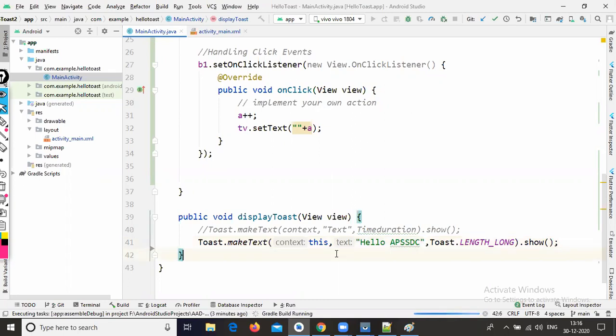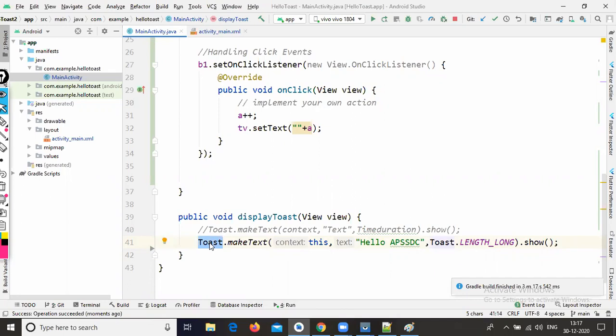Coming days also we are going to display these hint messages with the help of UI only. It is the first or second project, I don't know exactly, so that's why we will explain with the help of these toast messages. Generally we use toast messages to display hint messages or any instructions to the user. So toast is a class.